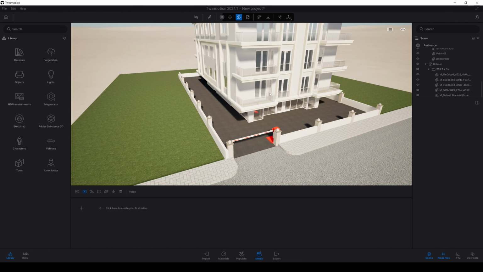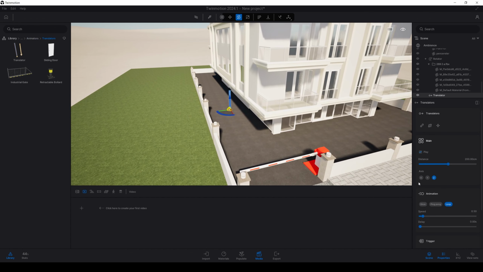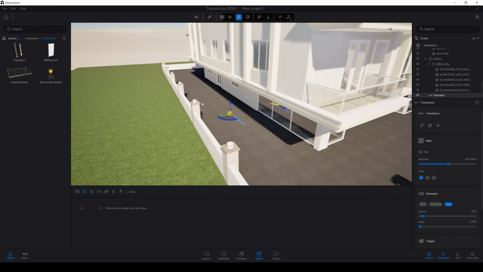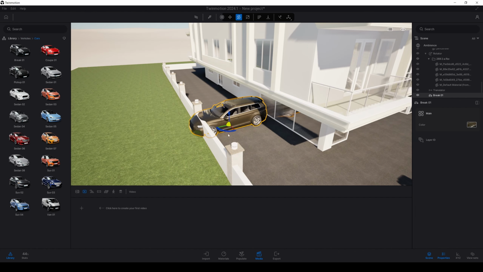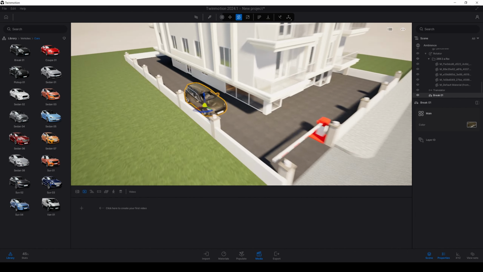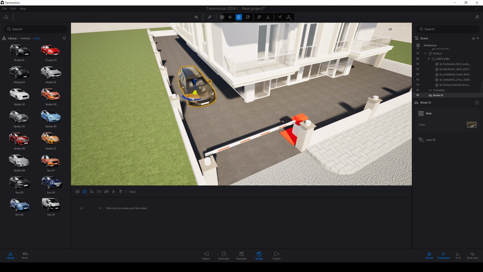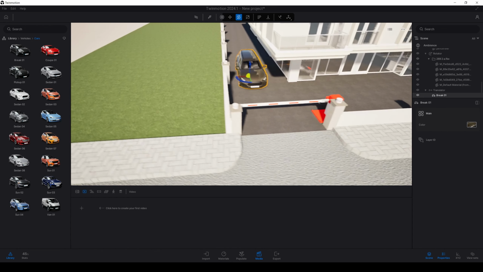Now let's create our car animation. To do that, we will go to tool again and click animator. This time we are going to use this translator and place there. After that, we will click this X in order to rotate. This is a different version to do that. And then we will go to the cars, vehicles, cars, and place our car right there. The position is not important, and we will just drag and drop into this translator, and it started to moving,